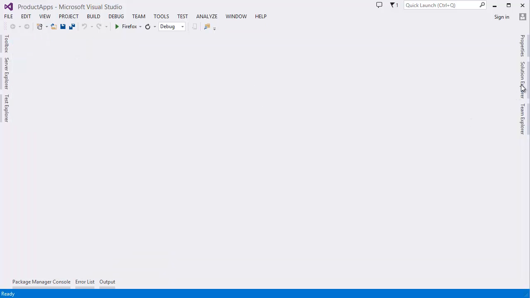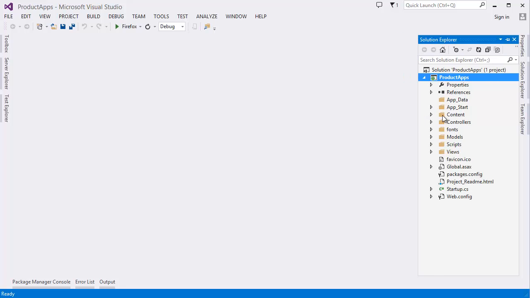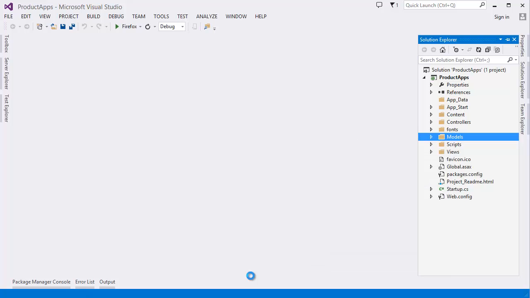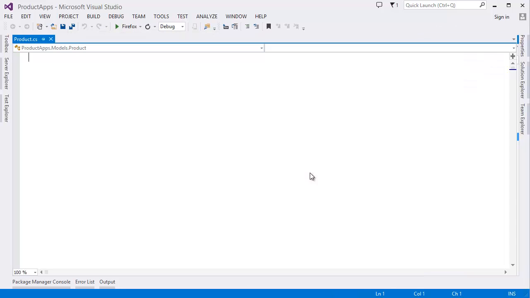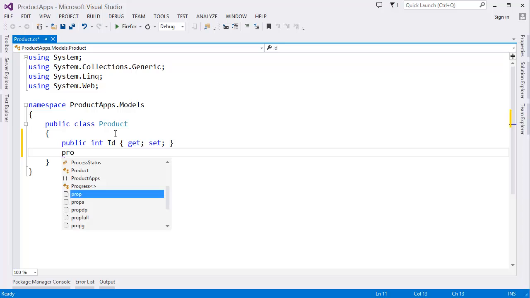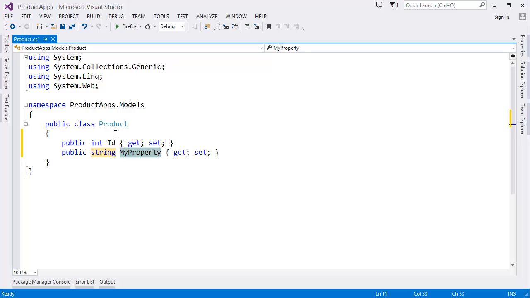Alright, so our project is ready. Now first of all I want to create a model. Let's say the model is product, so add a product class. Then I want to add some properties. Let's say id, string product name,